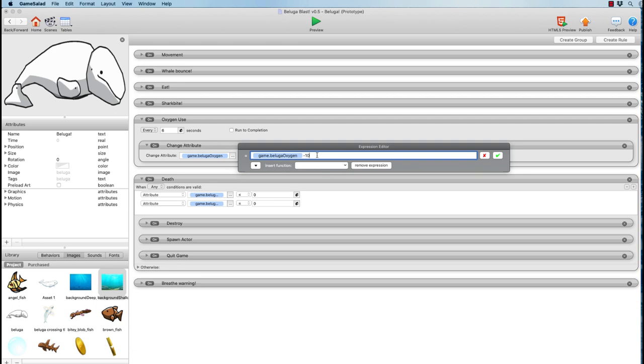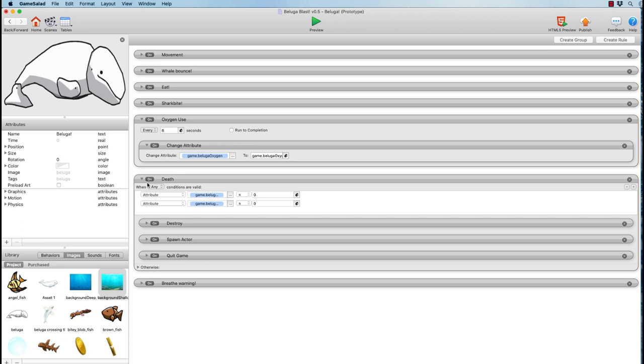Every 6 seconds times minus 10 would be minus 100. So this is a way of basically saying as the Beluga is diving around underwater, it's burning its oxygen up. And that's going to get really critical after a minute and a half, and you're going to have some big problem come up.